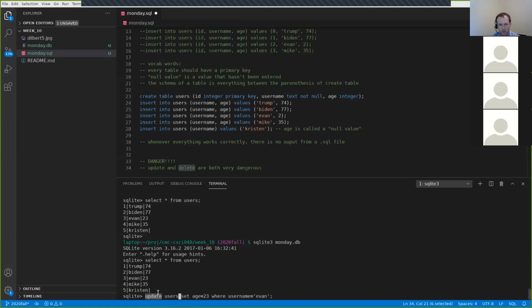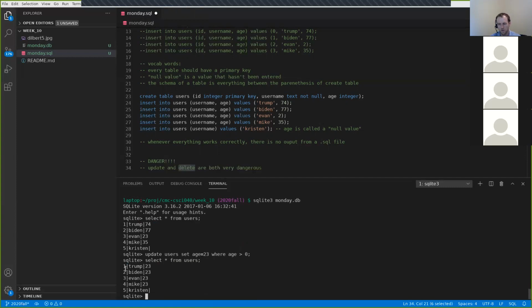So the way that you want to use update is you use update, the name of the table, set, the values you're going to change, where the condition that must be satisfied. But this condition, remember, might match more than one different row. So let's say set age equals 23, where age is greater than 0. This right here is going to match this row, this row, this row, and this row. And so now when I hit enter,